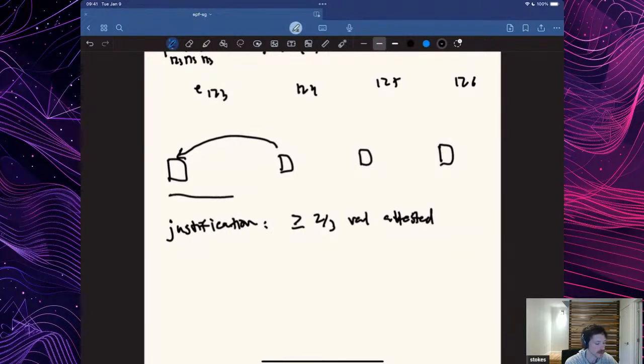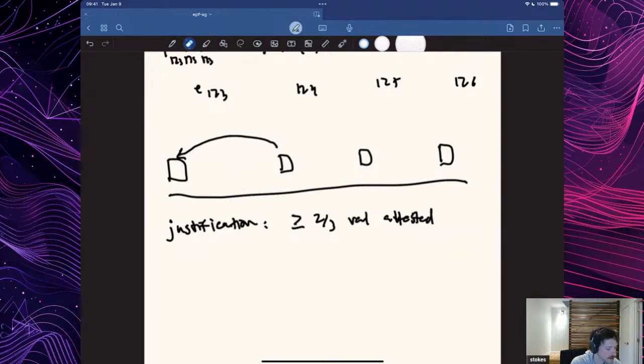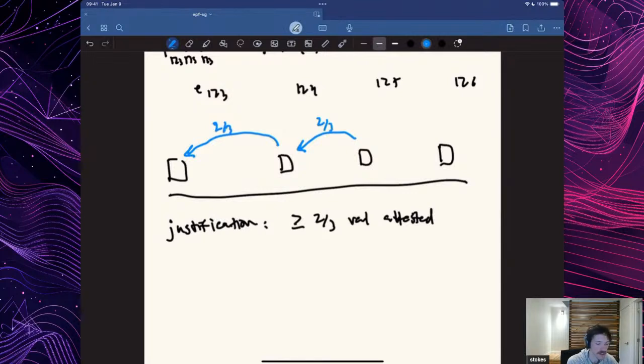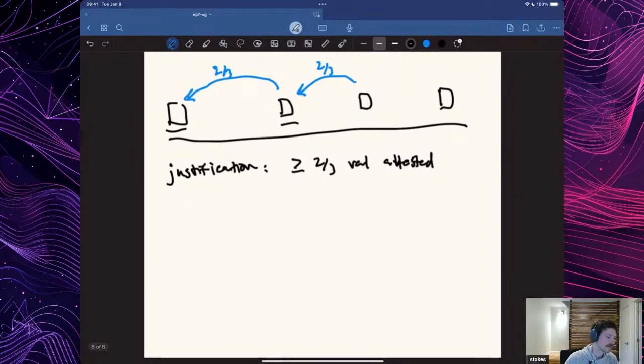What this looks like is that you end up with a block tree that looks like this picture, where, I'll use blue, you can end up justifying with respect to one epoch, the previous epoch. So then you get these things. When these are blue arrows, what I'm trying to communicate is that you have at least 2/3 of attestations all referencing, directly or indirectly, these blocks here. Okay, so that's justification.